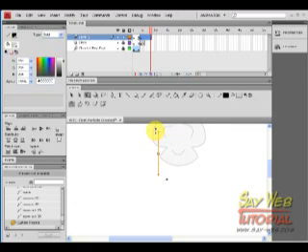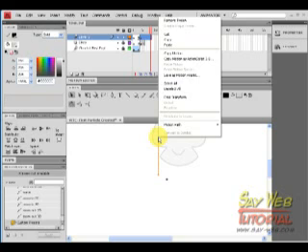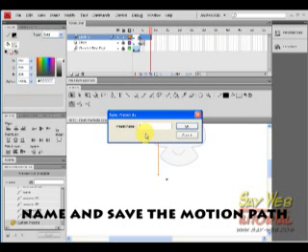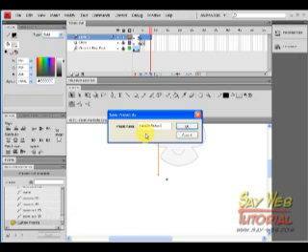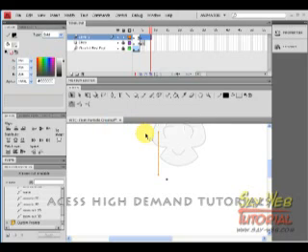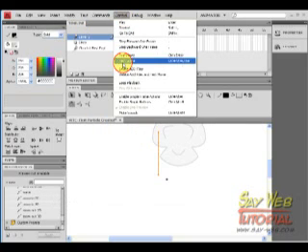Now you have this line, which is called a motion path, and to save the motion preset we right click on the line, and the menu has an option that says save as a motion preset. That's what we're doing now. Let's give a name, particle path, you name it. You can choose any name. You can also import and export the motion presets, and you also have built-in motion presets that come by default on